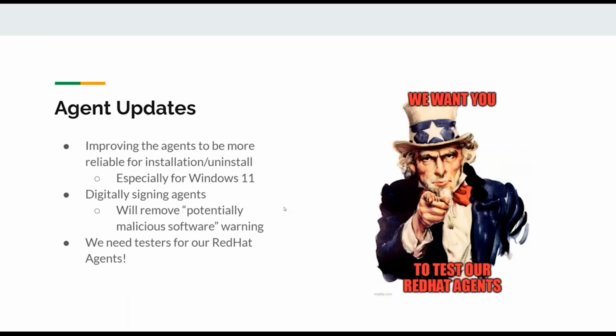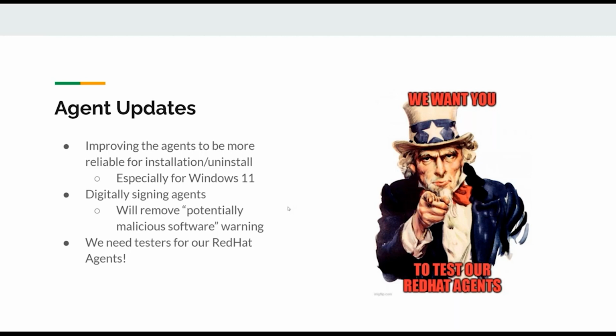the next thing I just wanted to cover quickly is we have an agent update coming out for Windows agents. It's not going to be an increase of features, but we've had some issues, especially on Windows 11, with reliability on installing or uninstalling the agents. So the new agent update is going to solidify the agent and make it more reliable for those types of installations.